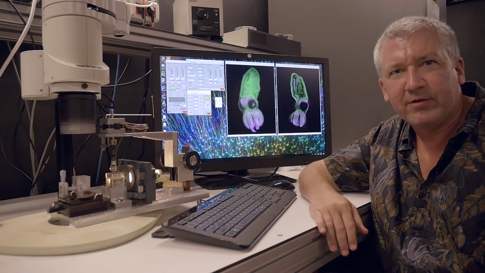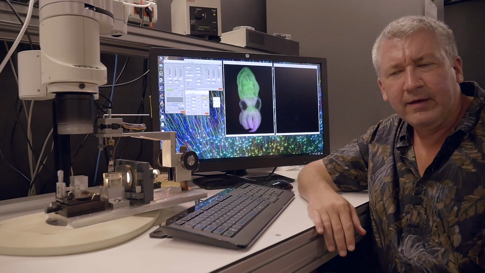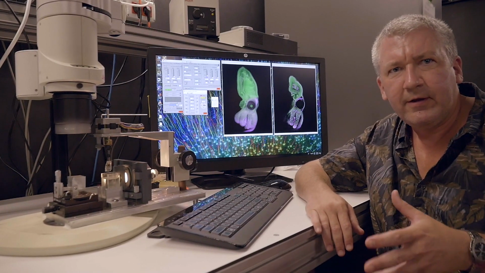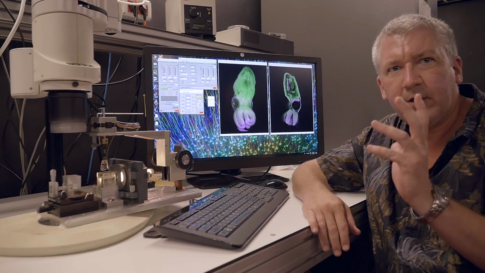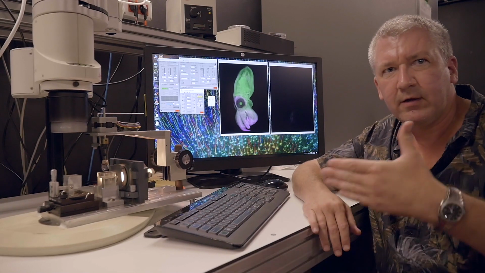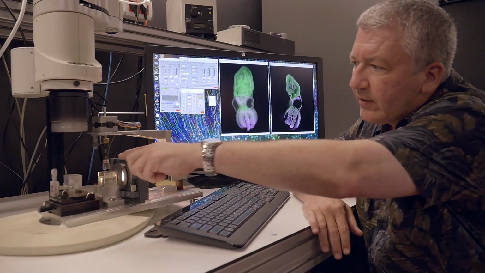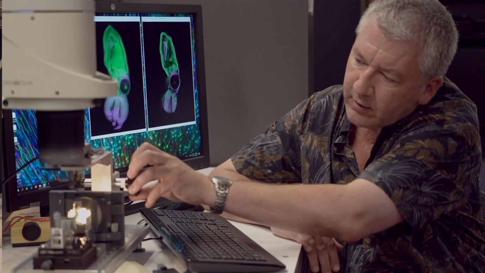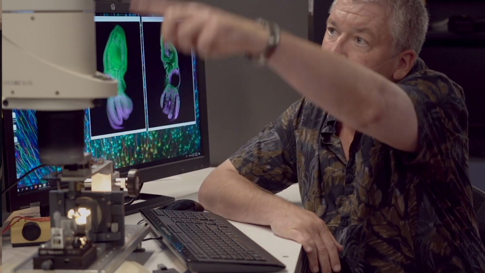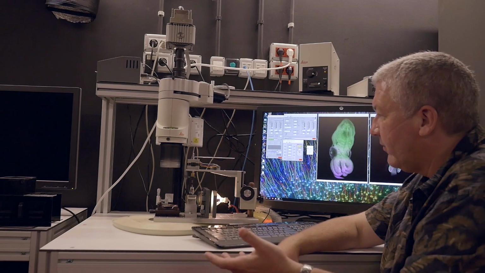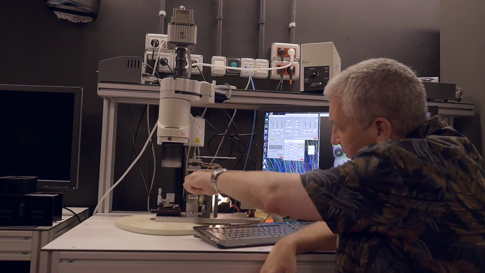Hi, I'm Jim Swoger, and I'm the head of the Mesoscopic Imaging Facility. This is an optical projection tomography machine, OPT. It works a bit differently from the light sheet. Instead of having the thin sheet of light, we illuminate the whole sample and we rotate it instead of scanning it linearly. The sample attaches onto this arm here, it rotates. We can lower it into this immersion fluid, and then we're imaging it in transmission with the microscope here. It also works in fluorescence.